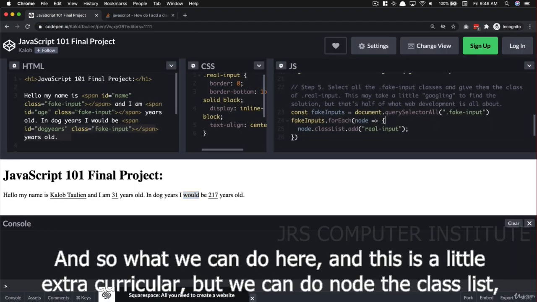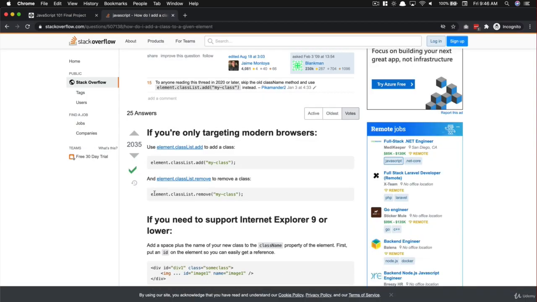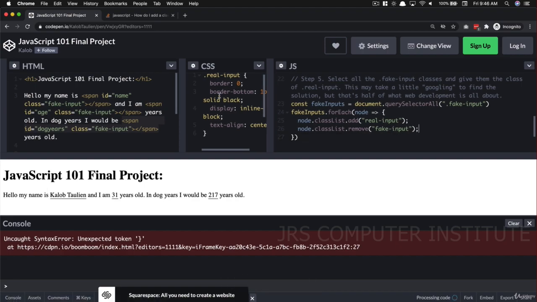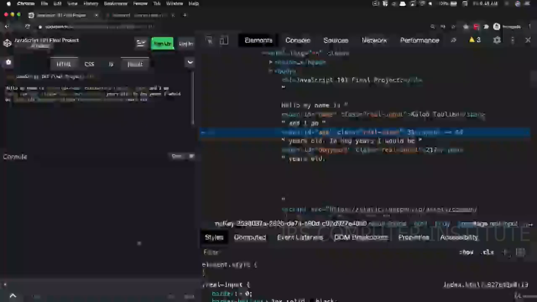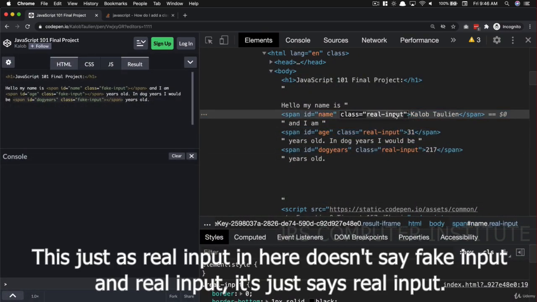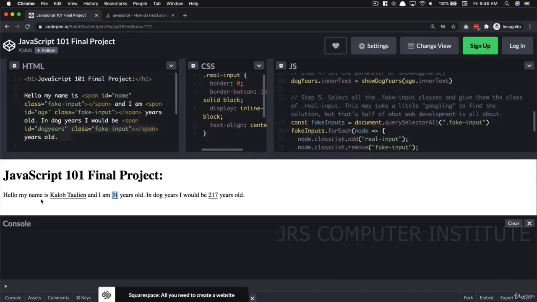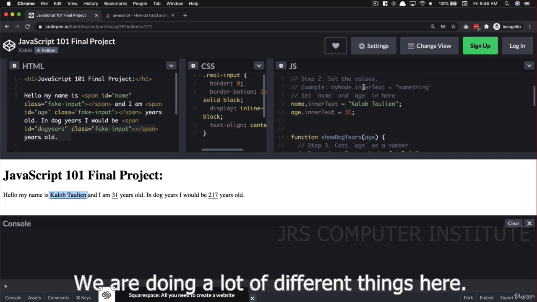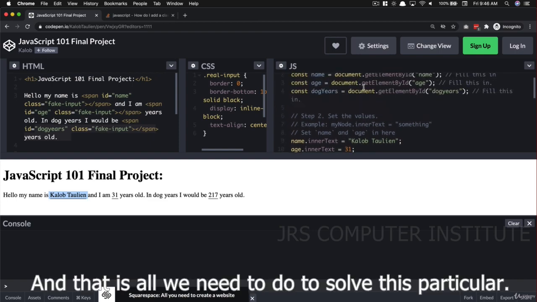And so what we can do here, and this is a little extracurricular, but we can do node.classList. What did we Google here? remove fake input. And now, if I right click and inspect, this just says real input in here. It doesn't say fake input and real input, it just says real input. And so now we're modifying our DOM quite heavily. We're adding text in there, we're changing classes, we're working with functions, we're working with typecasting. We are doing a lot of different things here. And that is all we need to do to solve this particular